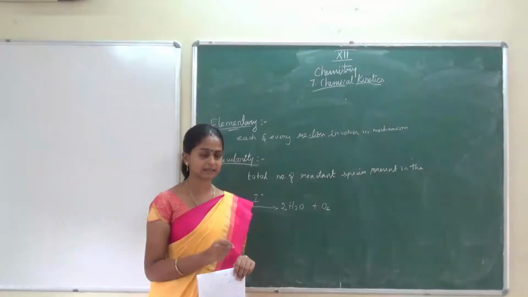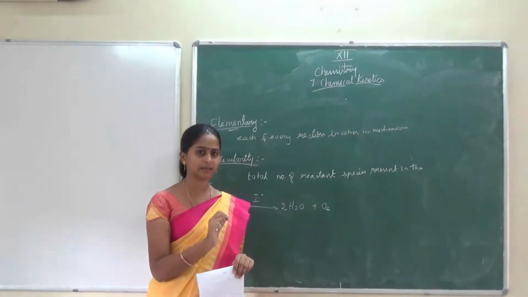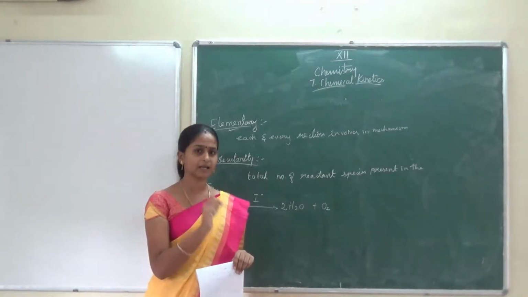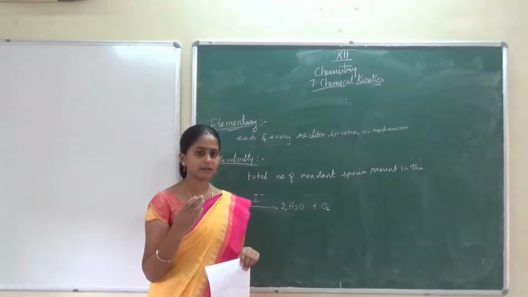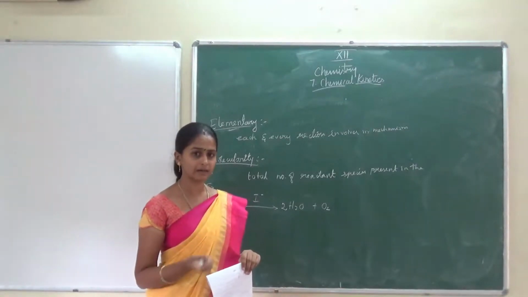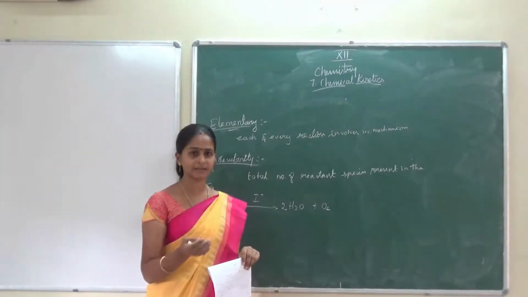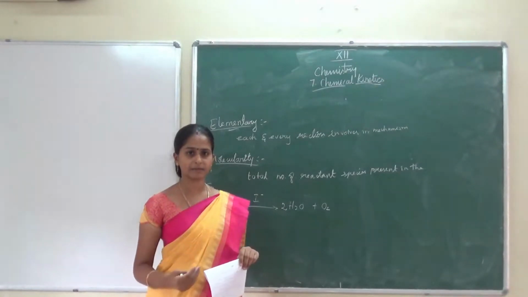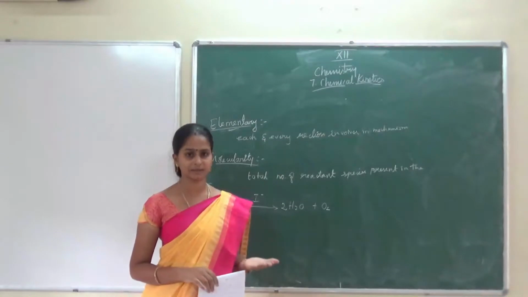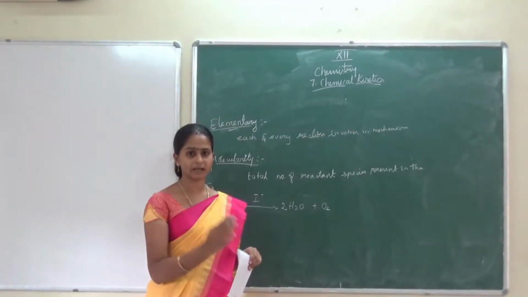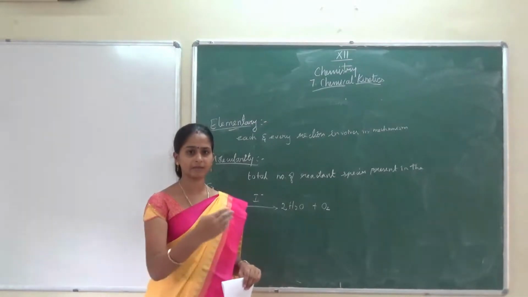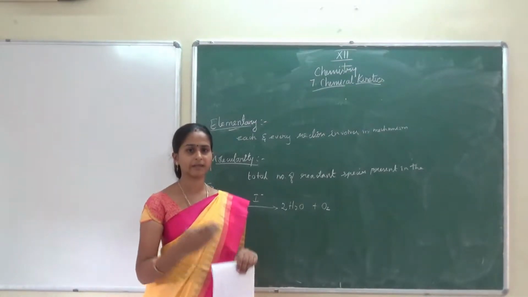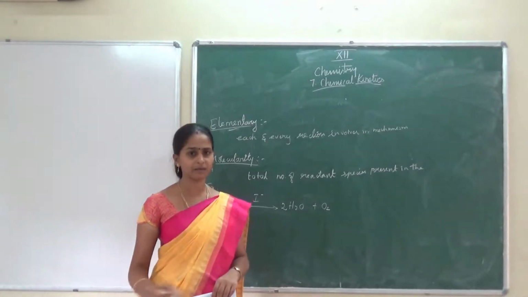An elementary reaction is nothing but each and every reaction, each and every equation involved in the reaction mechanism. In 11th standard also we have learned the mechanisms. The mechanism will have 2 or 3 steps, for example in SN1 reaction, SN2 reaction and all. In step 1 the carbocation will form, in step 2 the nucleophile will attack. Then we see which reaction is the slow reaction, that is the rate determining step. Like that we have learned.